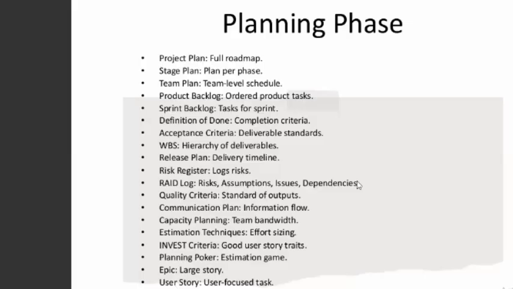Communication plan. This is a document largely used to document the communication strategy amongst project team members. How do I intend to engage XYZ? What's the frequency of communicating? What's the channel of communicating? Defining the stakeholders and their communication needs, so that you can communicate right in the project, is very, very key. So that's basically what it is. Information flow.